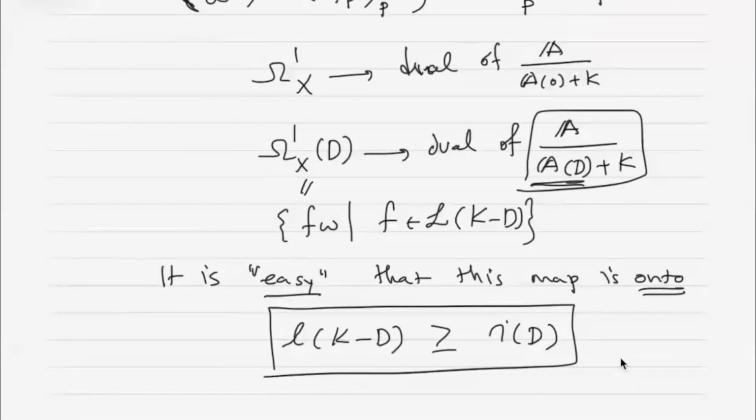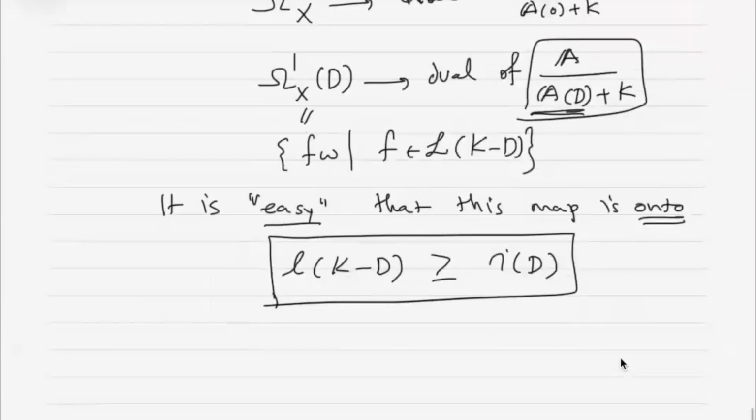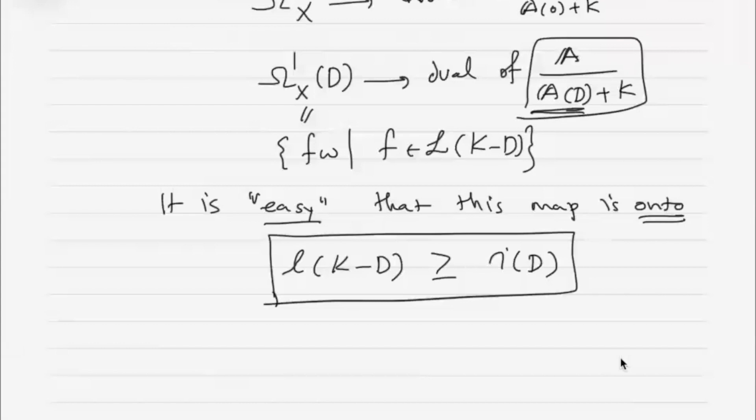The other application is that the dimension on the left-hand side, L of K minus D, is bigger than or equal to the dimension of the right-hand side, which is defined to be I of D, the degree of speciality. And in the last 15 minutes, I'm going to convince you that this inequality implies